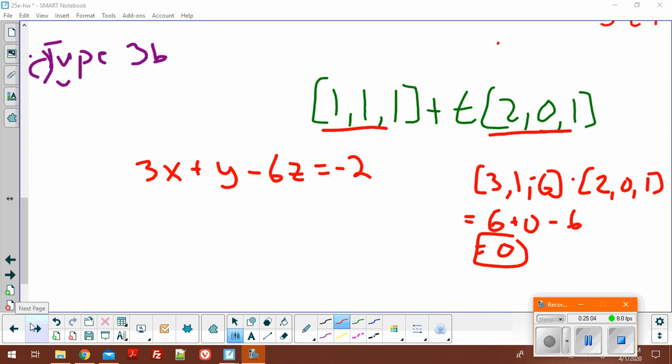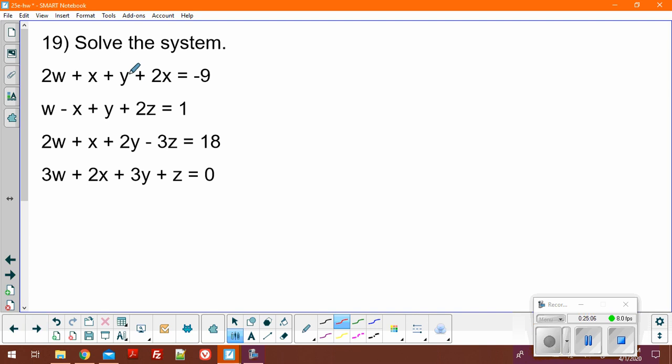Last but not least, we have number 19, which is the system of 4. This will take a while. So I think what I'm going to do today is the first couple steps here to show you what the process looks like. And then if you still can't get it to work out, ask me again tomorrow, and I'll put up the rest of it then. I did briefly talk about this in the video, but the idea with 4 is I have 4 equations,